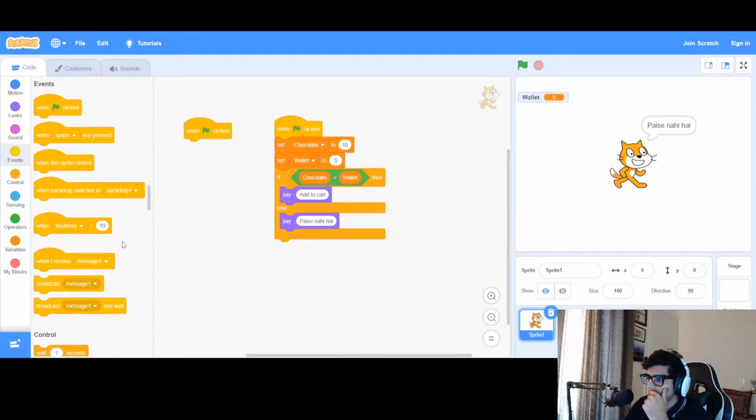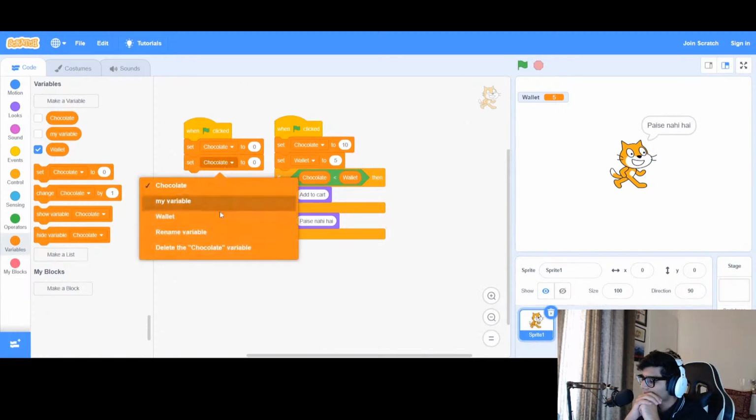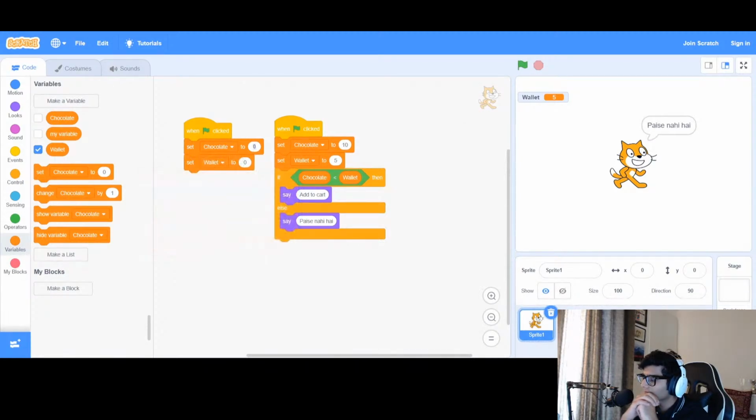उसके बाद हम गए वेरिएबल्स पे, हमने मेक वेरिएबल पे क्लिक करके अपने 2 वेरिएबल्स क्रिएट करे, चॉकलेट एंड वॉलेट। हमने पहले इन वेरिएबल्स की वैल्यू असाइन करनी थी, तो हमने सेट वाले बॉक्सेस उठा लिए। हमने सेट चॉकलेट उठाया और सेट वॉलेट उठाया। हमने इनको वैल्यूज इनिशियलाइज करी, इसको 10 कर दिया, इसको 100 कर दिया।